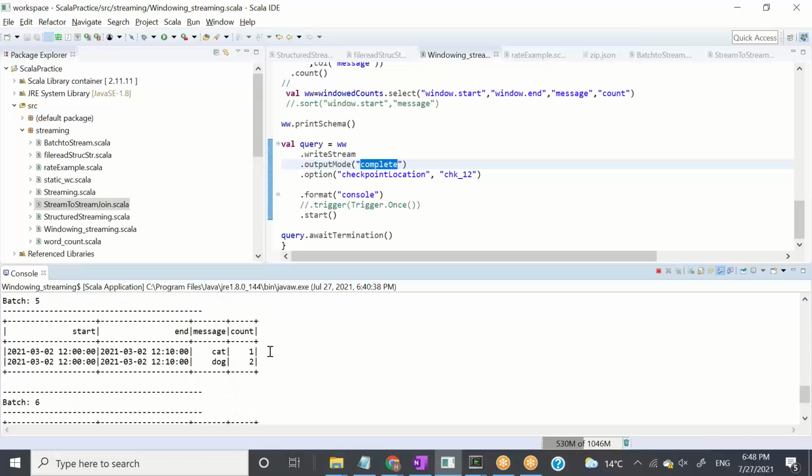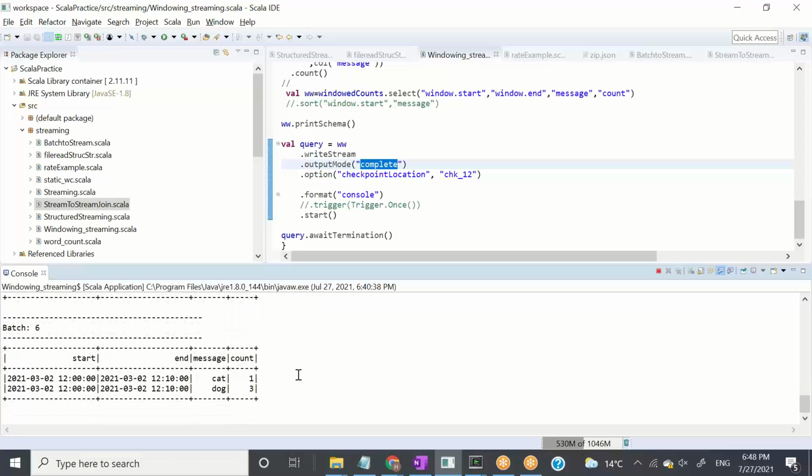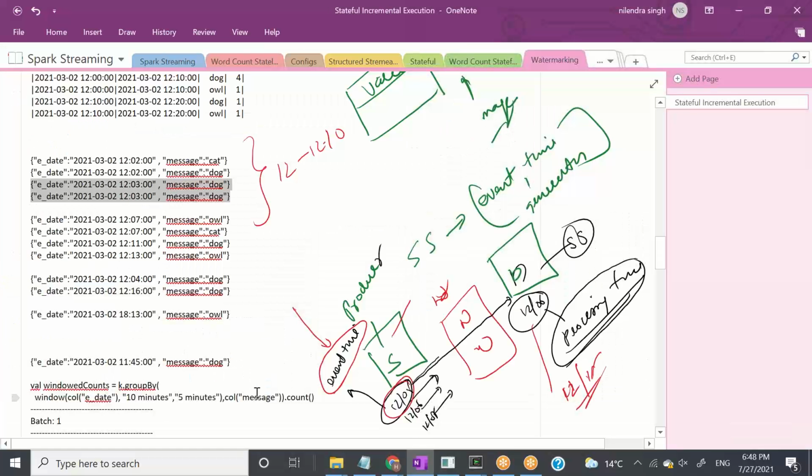Now we passed 2 more rows at 12:03. Since 12:03 is the same window, what it did, since this is complete mode, is add 2 more to the previous count of the dog. So now the count is 3. Now, before I put more messages, what we are seeing here